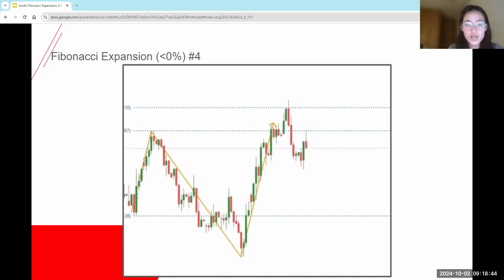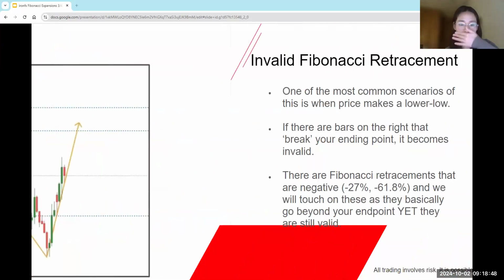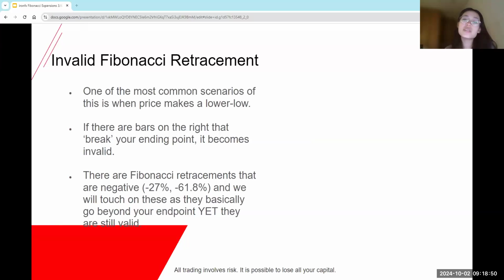Okay, let's move on. So when does a Fibonacci retracement become invalid? One of the most common scenarios of this is basically when, oops,